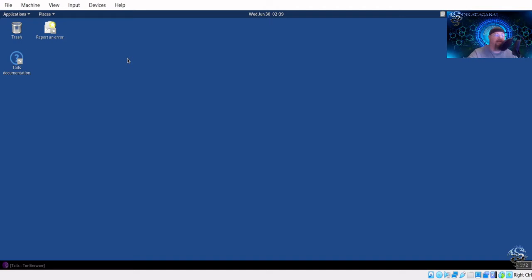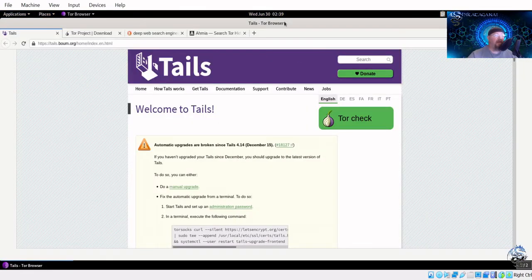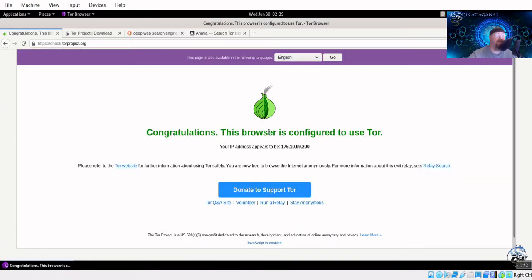In this case here, it's running as a virtual machine. As soon as you connect to it, it will connect you to Tor. Then you can bring up your Tor browser, and you're basically in. Now, in this particular case, I can do a Tor check like this. I can click this Tor check, and it will tell me if I'm indeed connected to Tor. So it says here you are, and this is my address. In reality, this is actually not my real address, right?